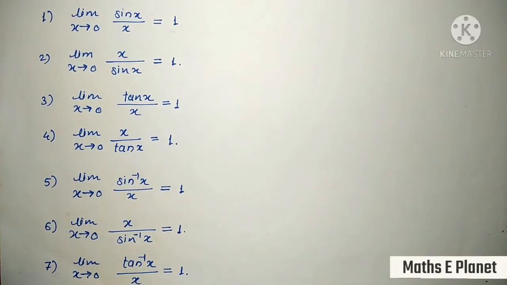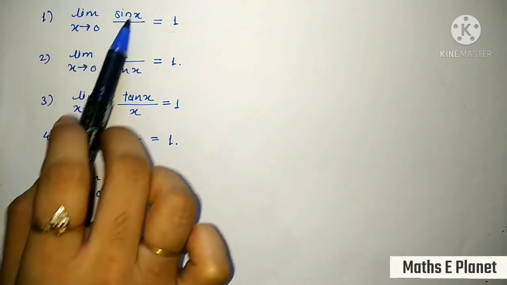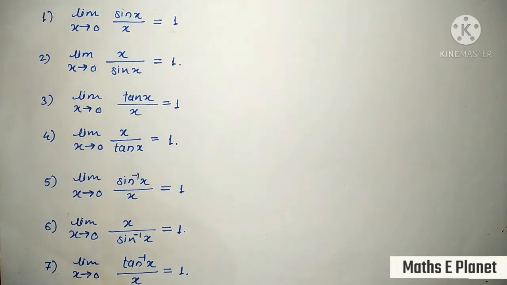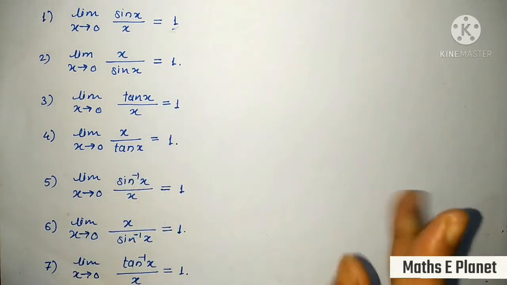So let's start. Here you can see the first formula. This is the most famous and easiest formula from the topic: limit x tends to 0 of sin x upon x is always 1. We always just accept that this formula gives the value 1, but we don't know why. This answer comes from L'Hopital's rule. If you have learned L'Hopital's rule, then it is very easy to tell why the answer is 1 here. Now I'm going to teach you the trick for all the formulas.